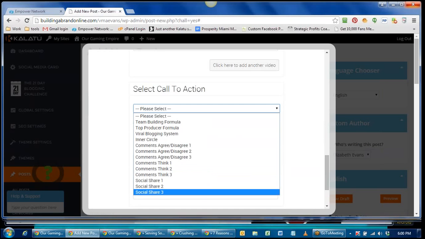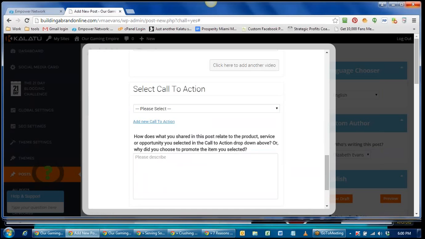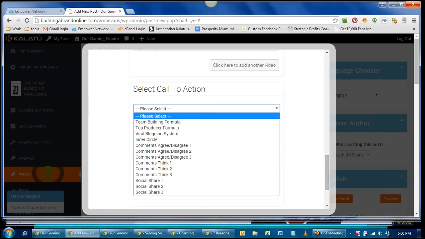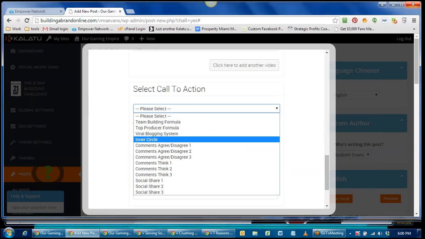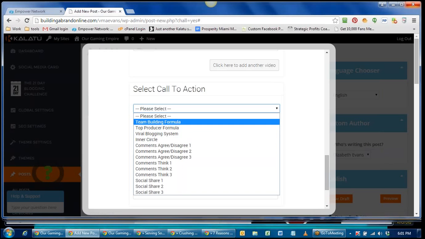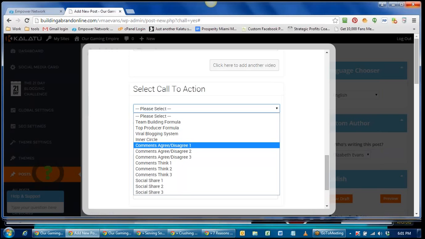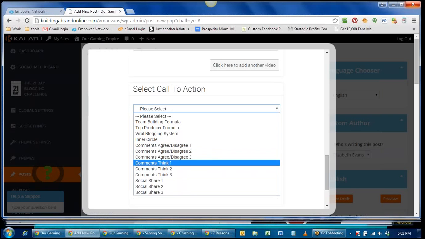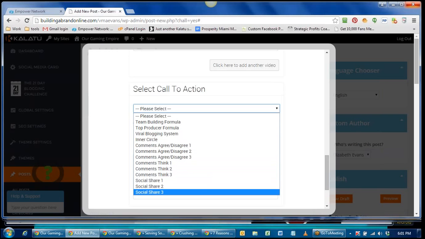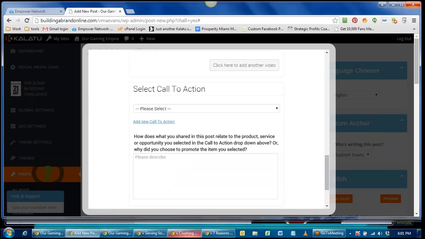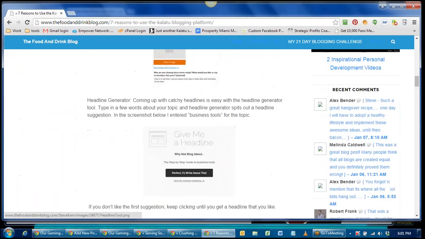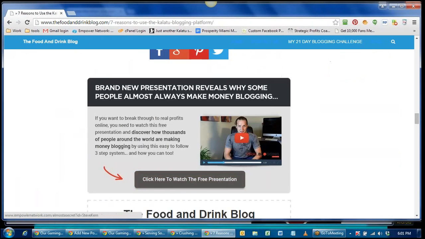Empower has given us ones that we can use. You can also add a brand new one. So what you do is you would select, you can tie it to, we've got the 4 main products here. You've got leave your comments, do you agree or disagree, what do you think, and then the social shares. So if you scroll down to the bottom of Speeds,